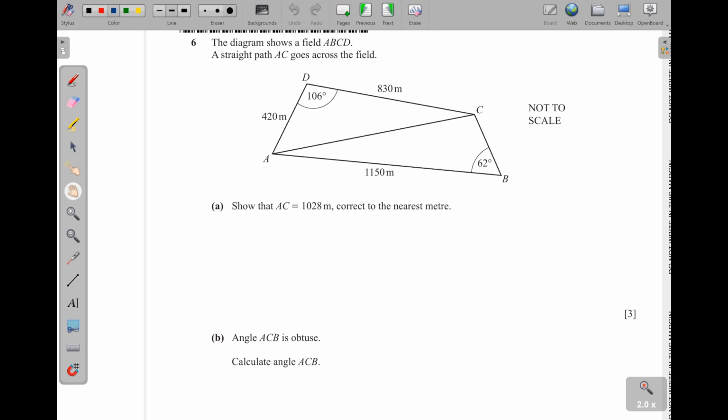Question 6. The diagram shows a field ABCD. A straight path AC goes across the field. Show that AC is equal to 1028 meters, correct to the nearest meter. Now,